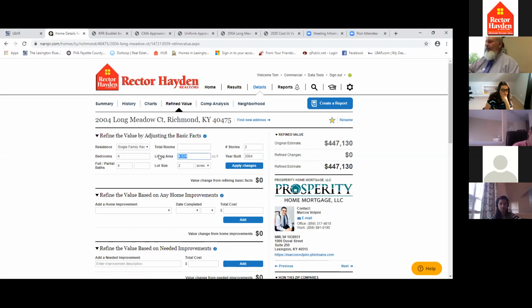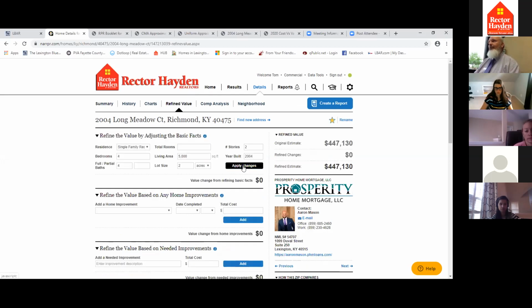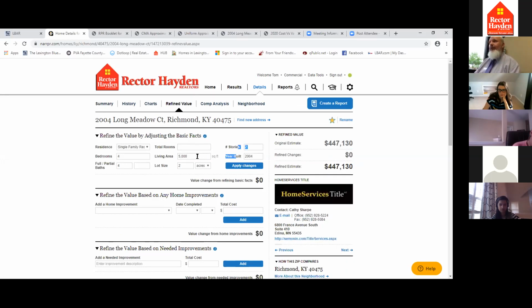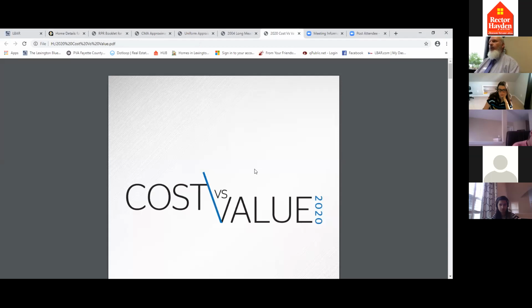I'm just going to make this a 5,000 square foot home and apply changes. I didn't do it this time. Wow, great. Typically, it will shoot this up because it's an algorithm, but today it didn't do that. So I'm very happy to see that it didn't do that. The other thing I like, and this is another report I wanted to show you,